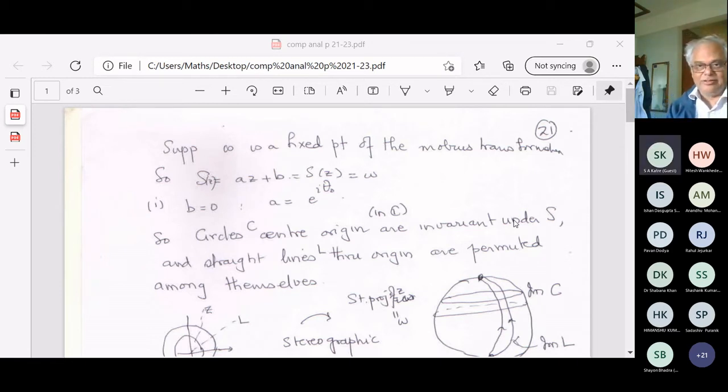The point is that the Mobius transformations are, in some sense, the simplest kind of maps that you can consider. After all, translations, rotations, and inversions are, in some sense, the simplest things that you can do, and it is always good to have a family of functions that does a lot of things for you. This is again a natural objective that you have.